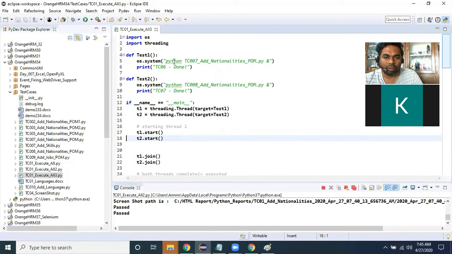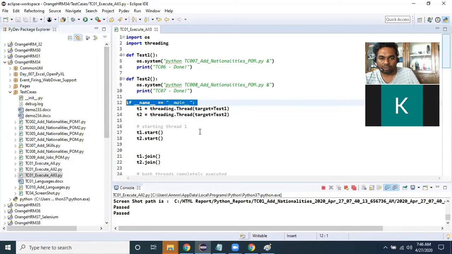So here, what is that if condition with underscore name underscore main? This is the basic concept. In any C, Python, or Java program, the main program execution can be written like this. The main logic will start from the main method itself. So in a Python program people will write like this, and from there onwards your program execution will start.